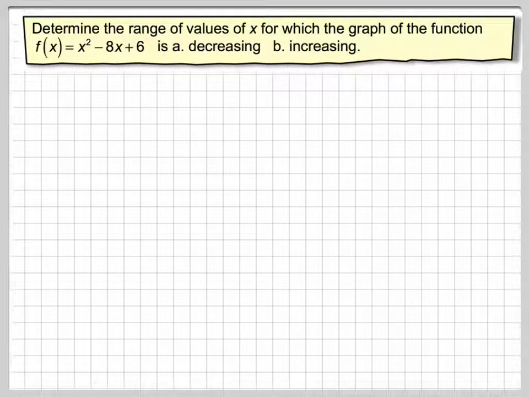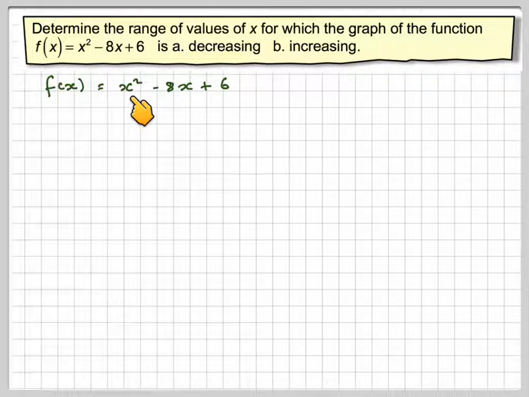Right, in this video we're going to determine the ranges of values of x for which the graph of the function f of x equals x squared minus 8x plus 6 is A, decreasing and B, increasing. Now you can actually do this without calculus for a quadratic, but let's look at how we do it with some calculus. So if we write down f of x is equal to x squared minus 8x plus 6,